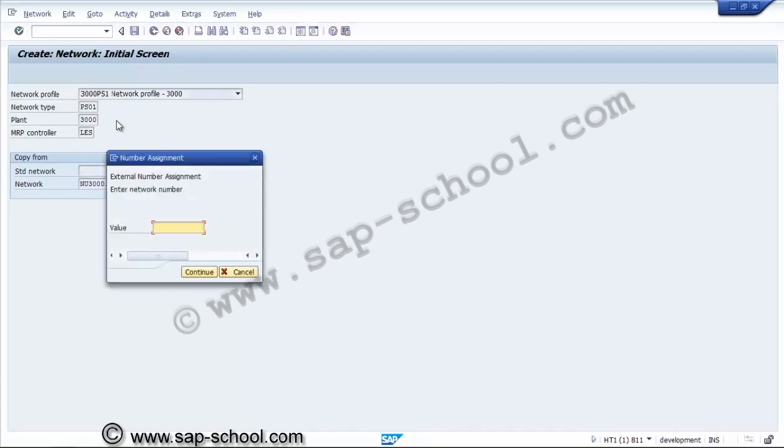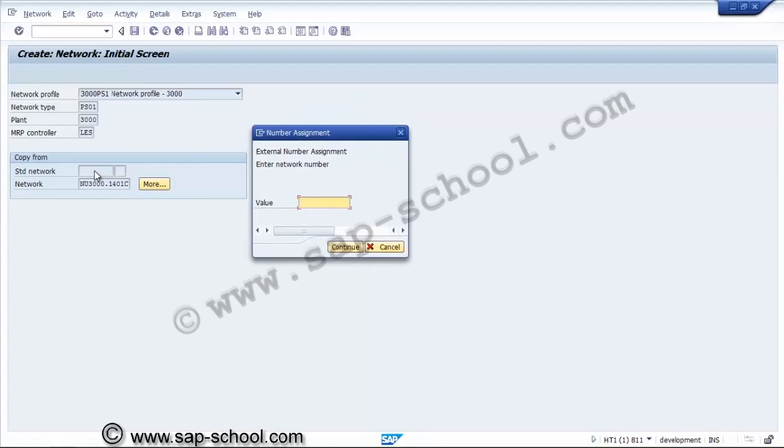Now again the system will ask what is the next network we are going to create. So we are using 1. This time we are creating E. Continue. Then automatically all the settings will be copied from the existing network,